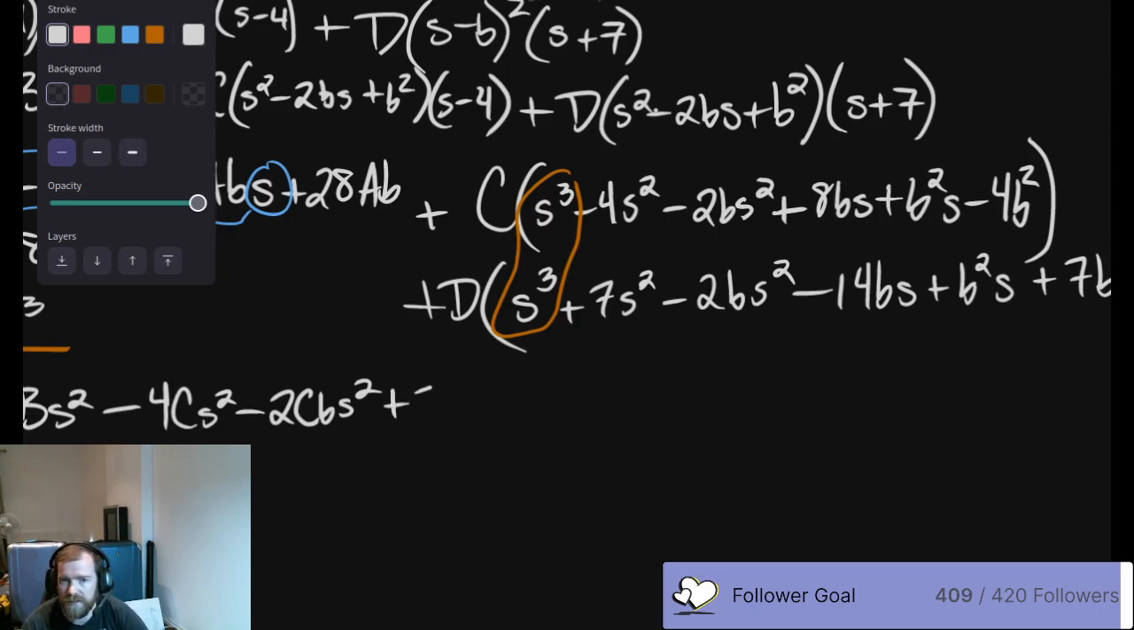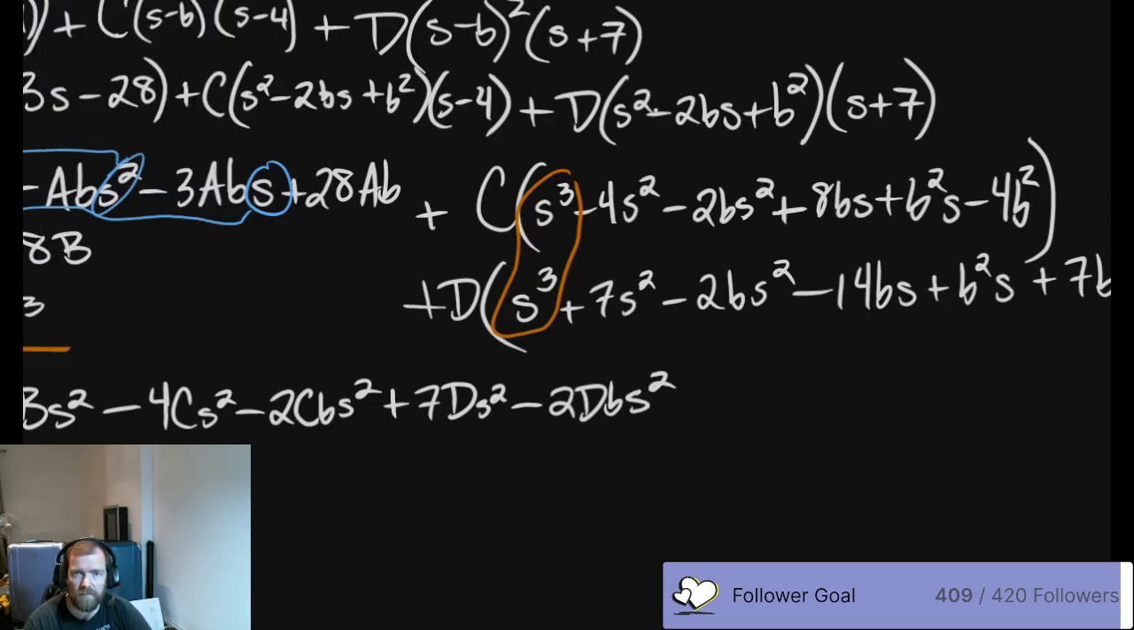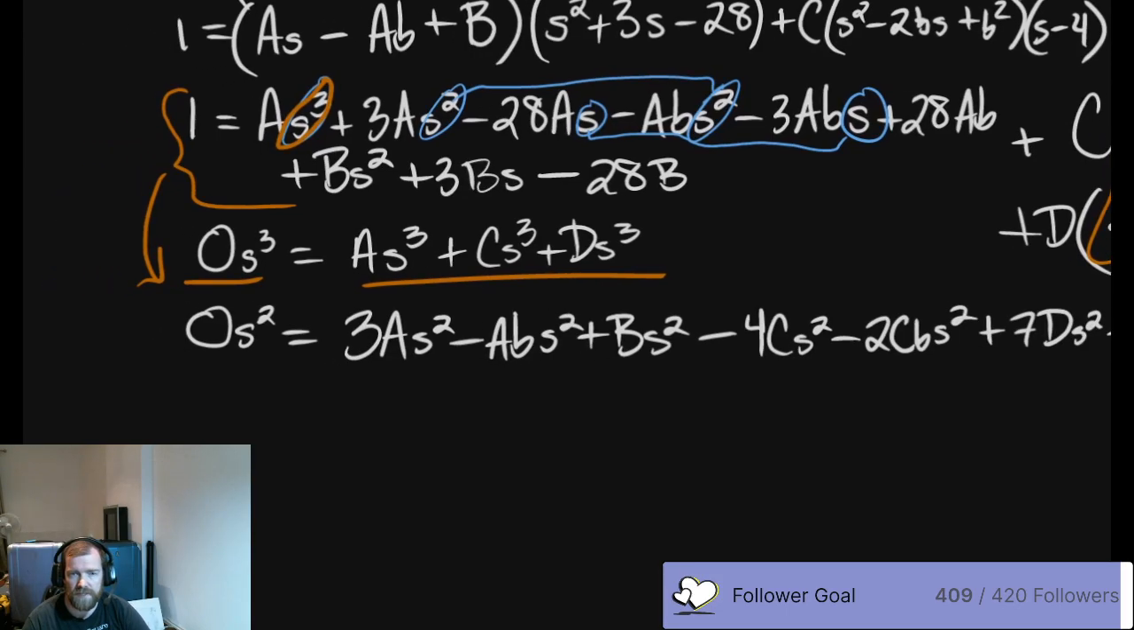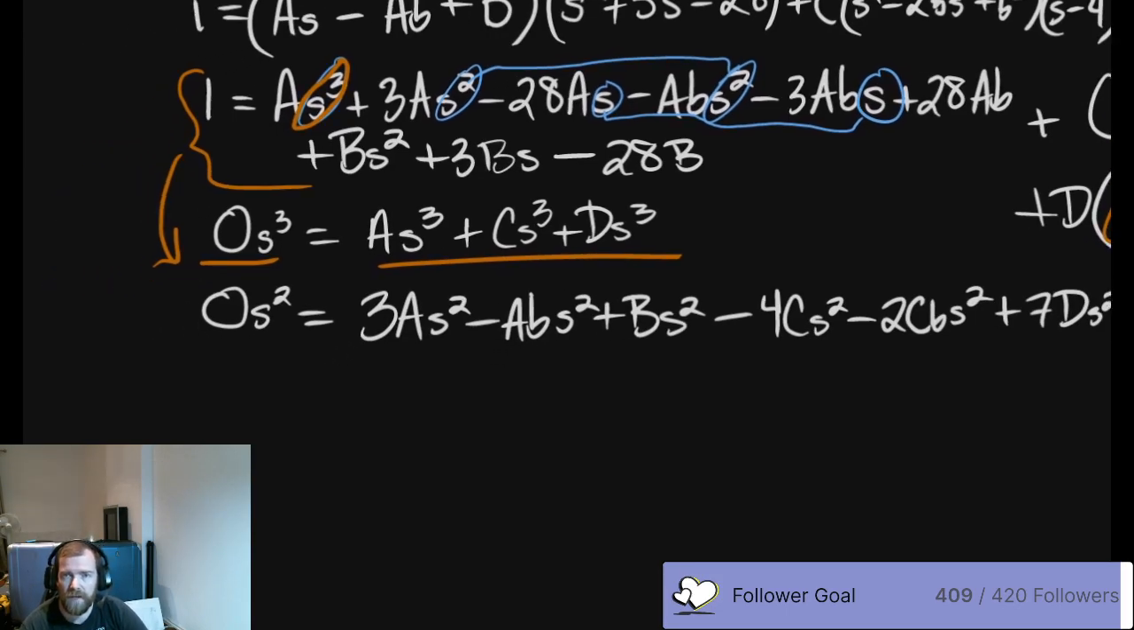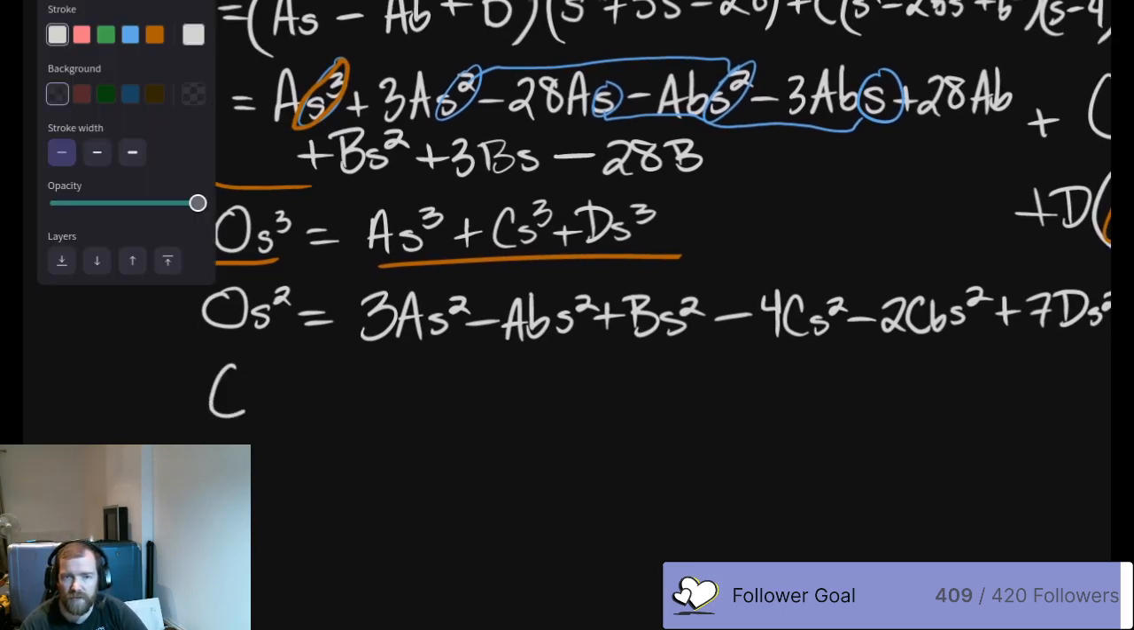Okay, plus 7d s squared minus 2d lowercase b s squared. All right, all that stuff is the s squared equation. And then we go to 0 s's, and we do the s equation. So that's going to be a minus 28as minus 3a lowercase b s